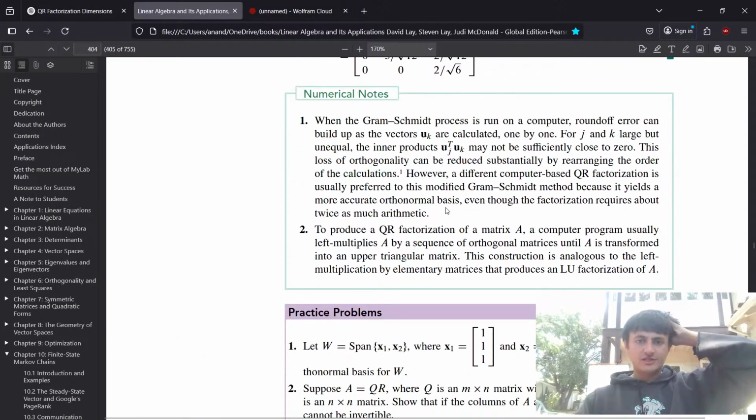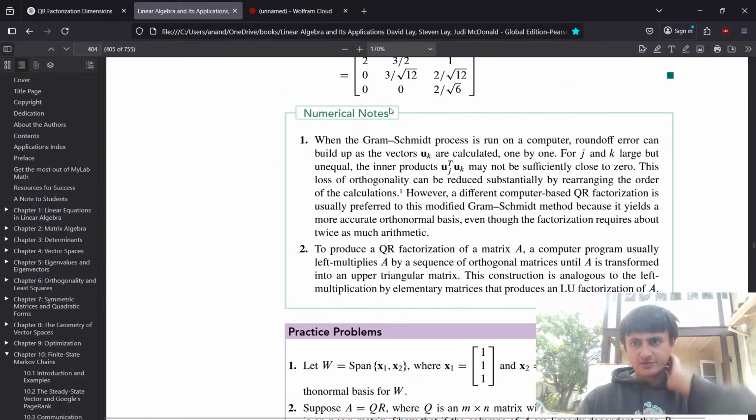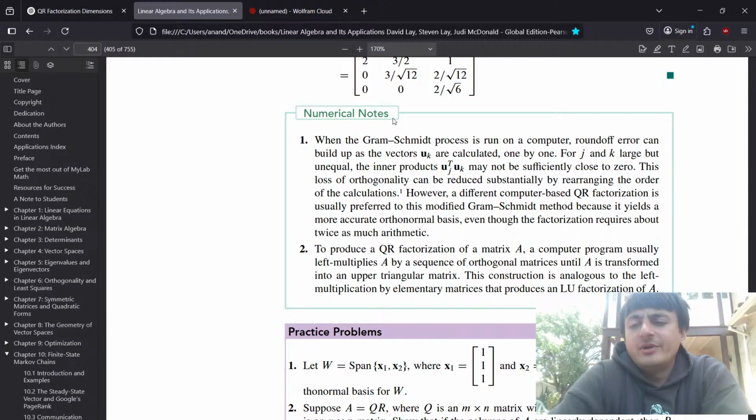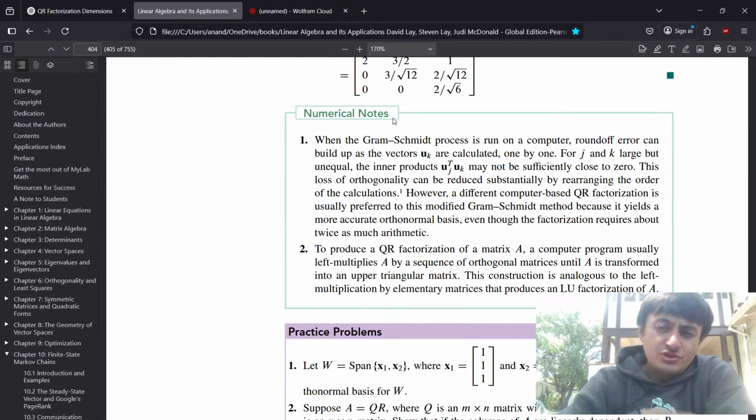All right, so that's the whole section. That's actually really easy. When Gram-Schmidt processes run on a computer, round-off error can build up as the vectors uk are calculated one by one. For j and k large but unequal, uj transpose uk